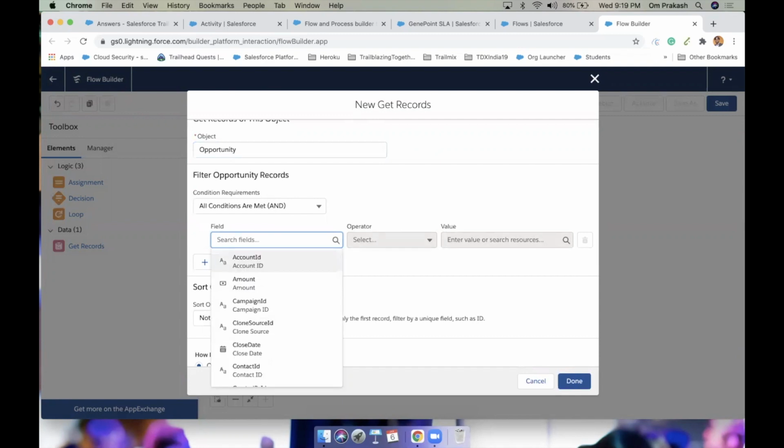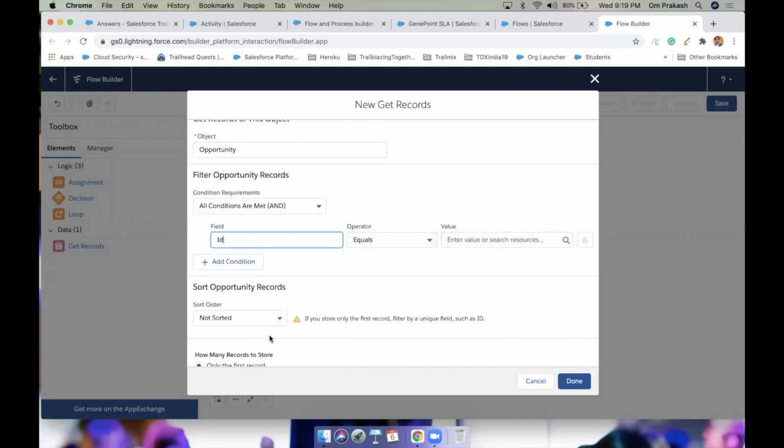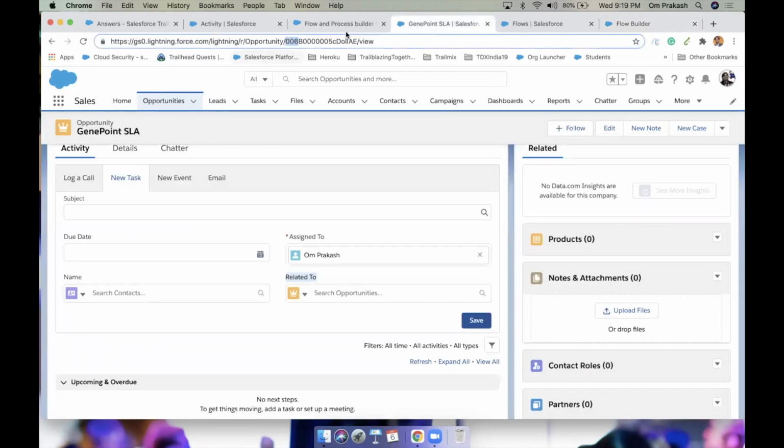On the opportunity, ID. Opportunity ID equals which opportunity ID? From the task, we can take this opportunity ID from the Related To field.